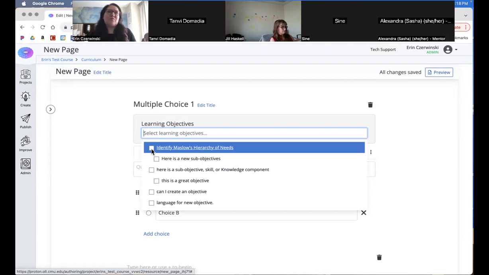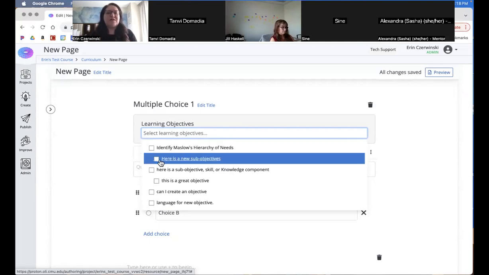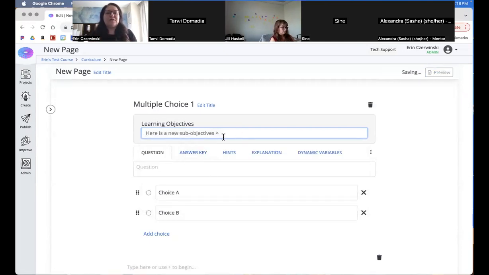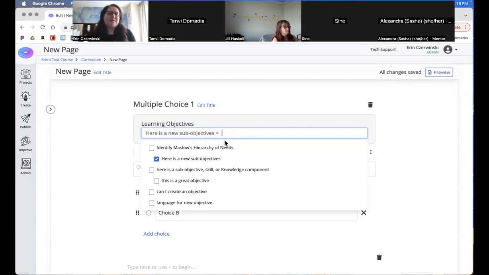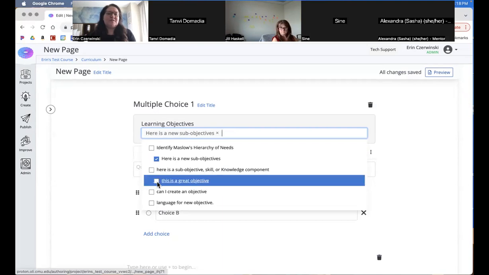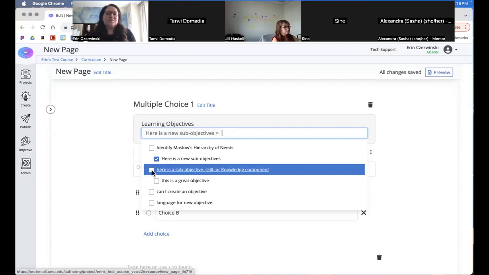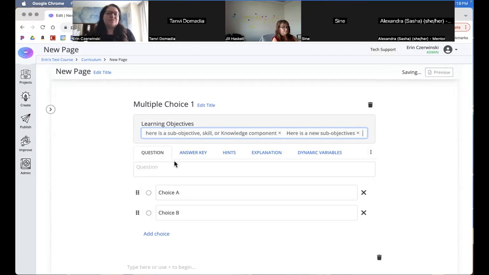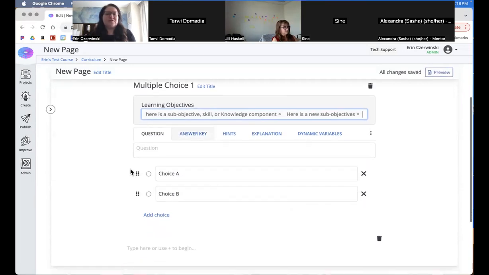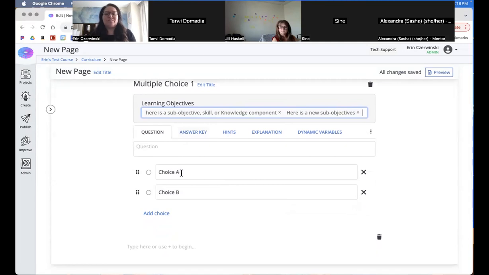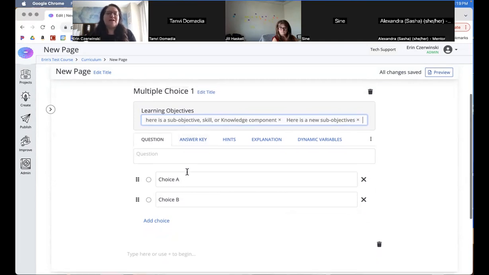Those might actually be providing practice to students in multiple skills, in which case I would really want to attach all the ones that are being practiced. So in this case, say I'm creating a multiple choice item and it's addressing 2 sub-objectives. I just go ahead and select both of those to attach to this activity or assessment item. I kind of use those interchangeably.